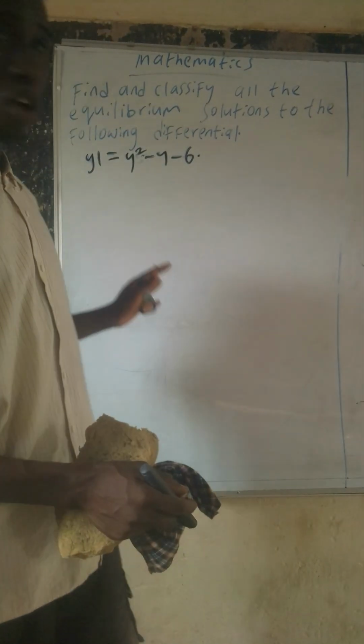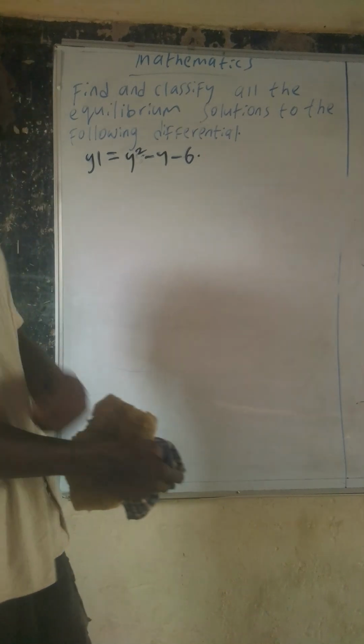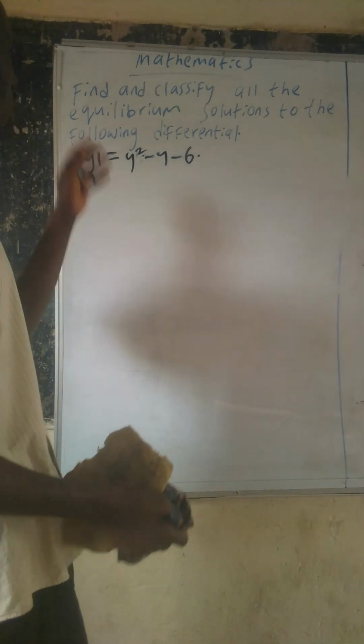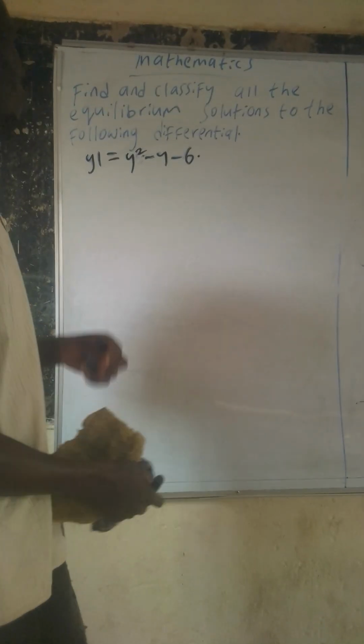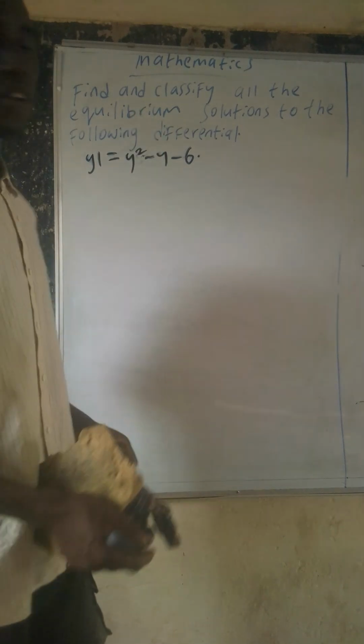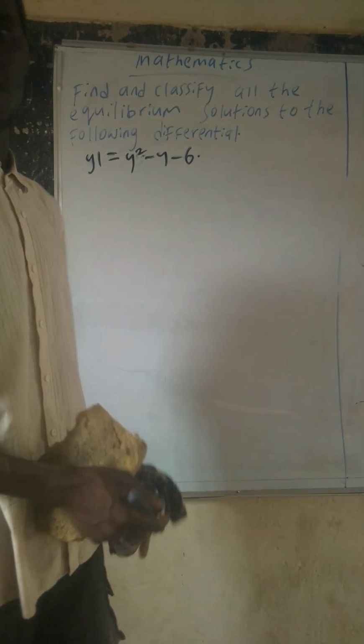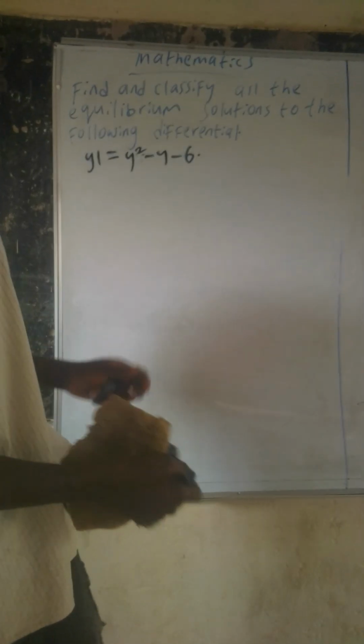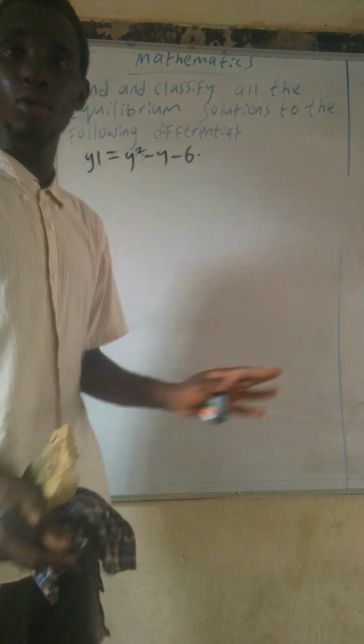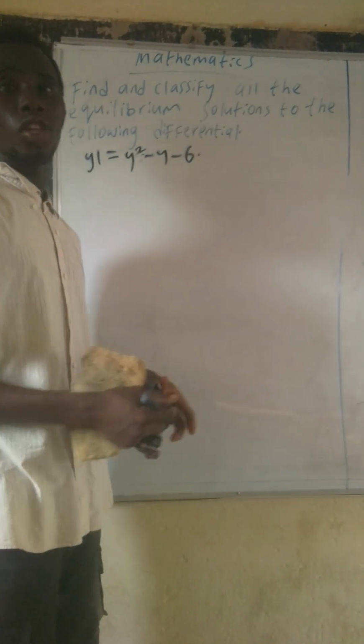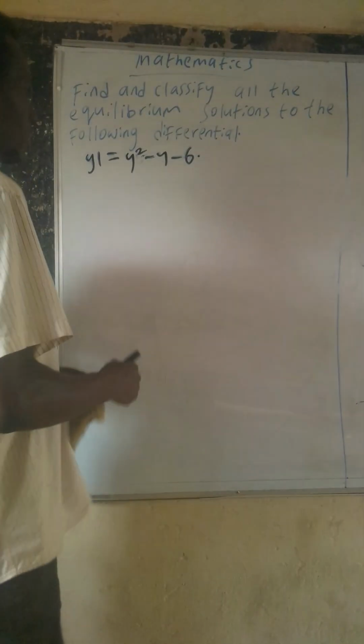Now let's go ahead to solve this given question. It says find and classify all the equilibrium solutions to the following differential equation. And this is the differential equation, and we need to classify it. Is it stable or is it unstable? What you need to understand is that